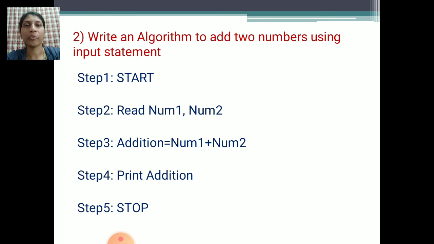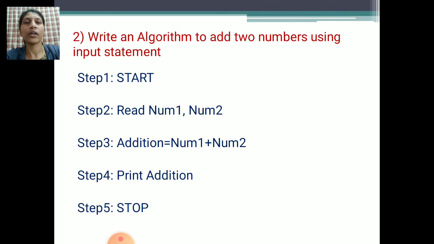Then step 4 is print. We have written the mathematical formula too. According to this formula, whatever inputs you have given to the computer, it will calculate using the formula, meaning we will get the result. See here, addition equals num1 plus num2. We have given the computer number 1 and number 2. For example, I have given number 1 value 1 and number 2 value 2. So 1 plus 2, how much? It is 3. So addition equals 3, meaning that result 3 will print on the monitor screen.